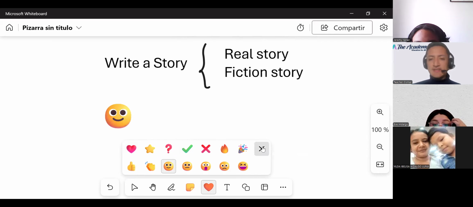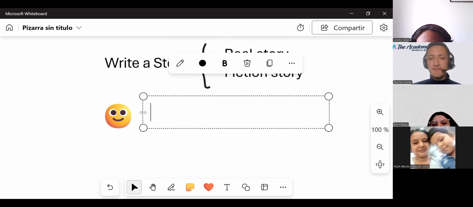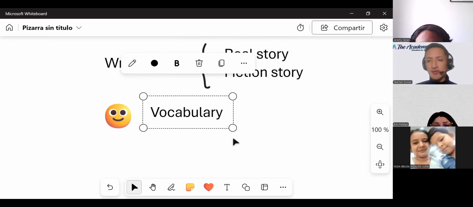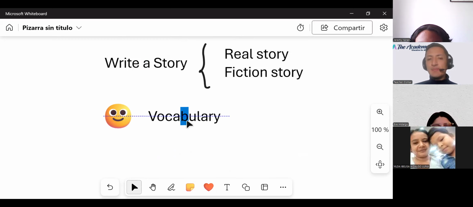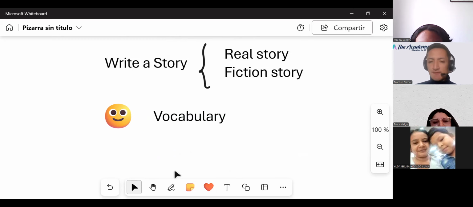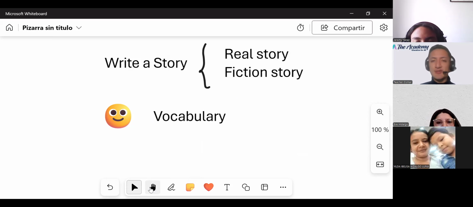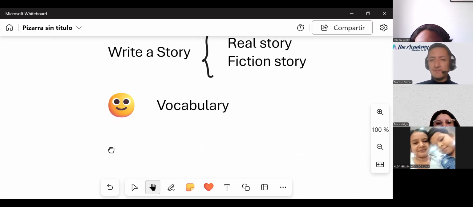Okay, really essential, my dear students, at first, you need to have good vocabulary, okay? Try to remember first, what do you need for that story? If the story is about sports, if the story is maybe about a work day, about a journey, try to think about all the vocabulary according to the story that you are trying to write.